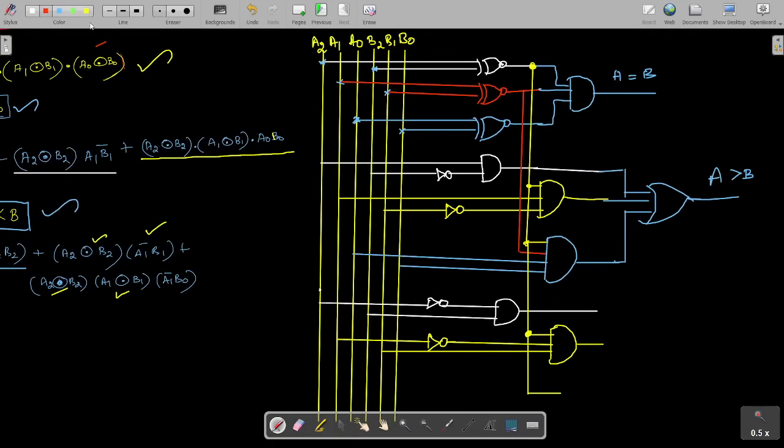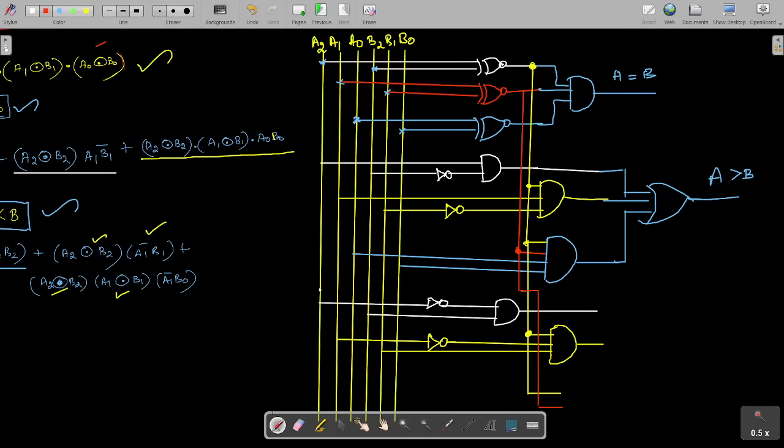So we will take the connection from here. This is A1 equivalence B1.